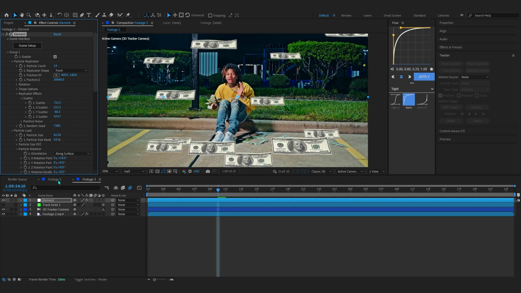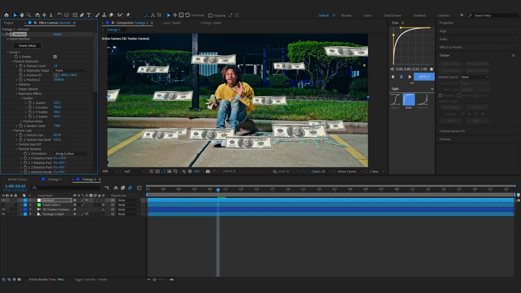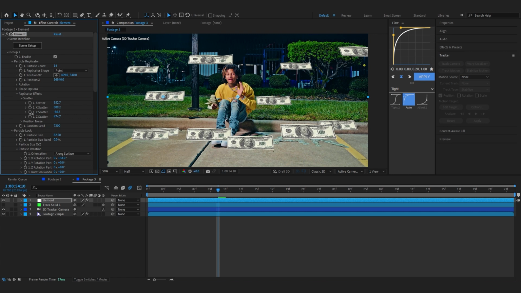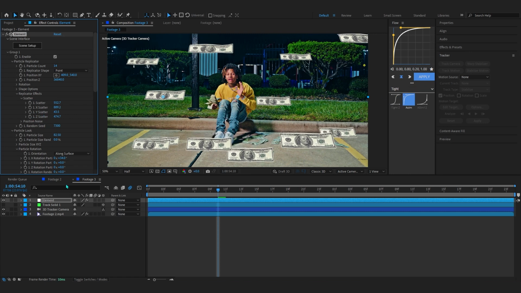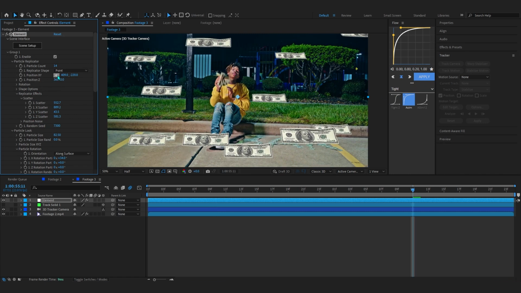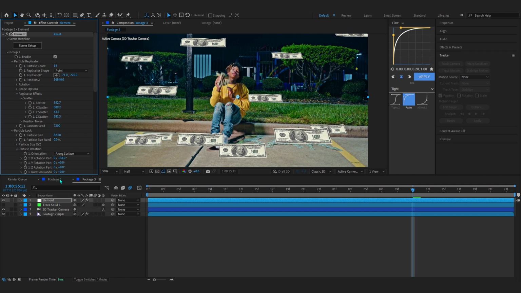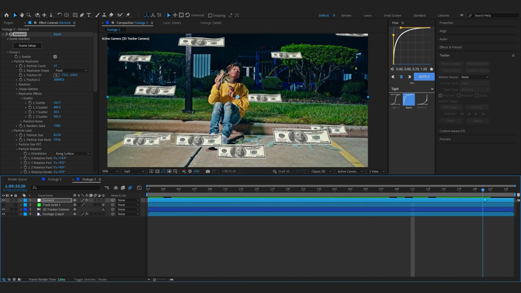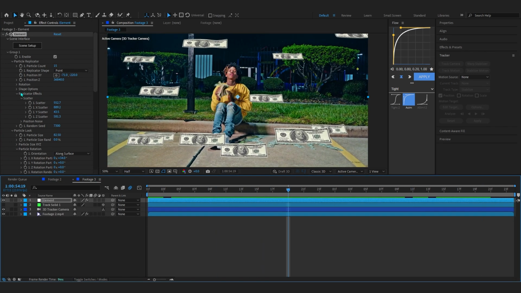Yeah, this looks good. Of course you can play around with the settings more, so something like this, maybe something like this as well. And I'm gonna put it where his head is going, so around here. And yeah, I guess that positioning right there looks cool to me. So after you find